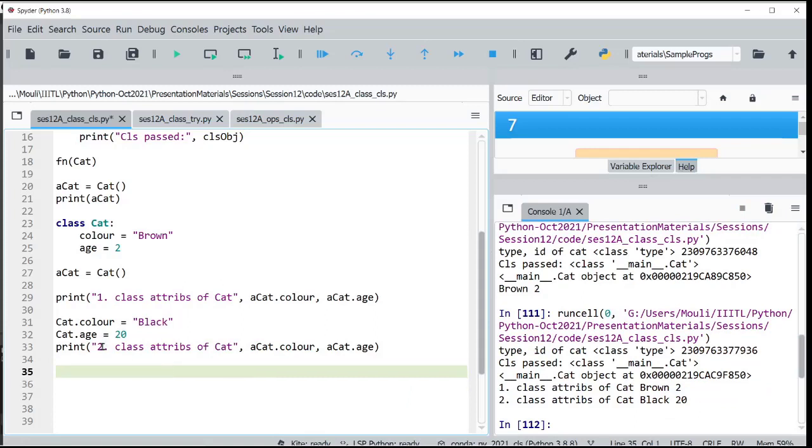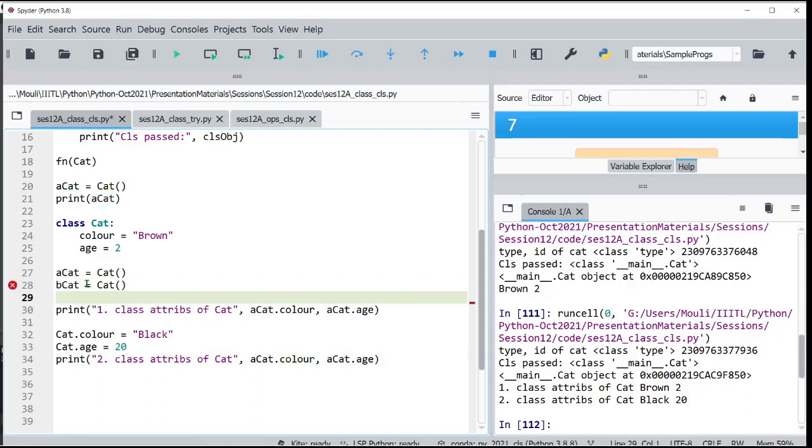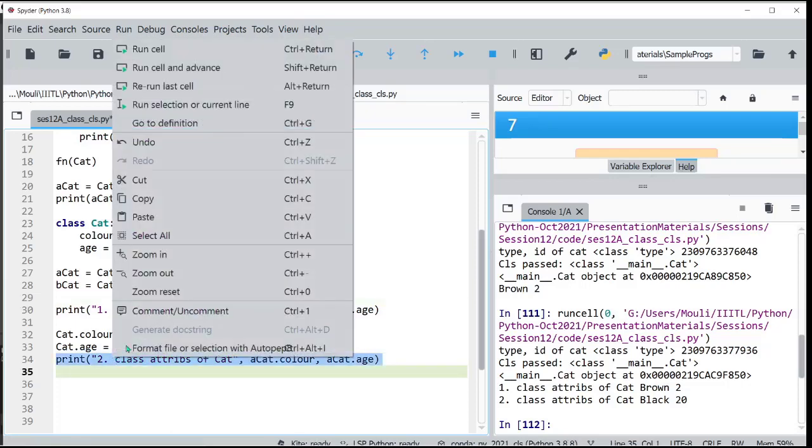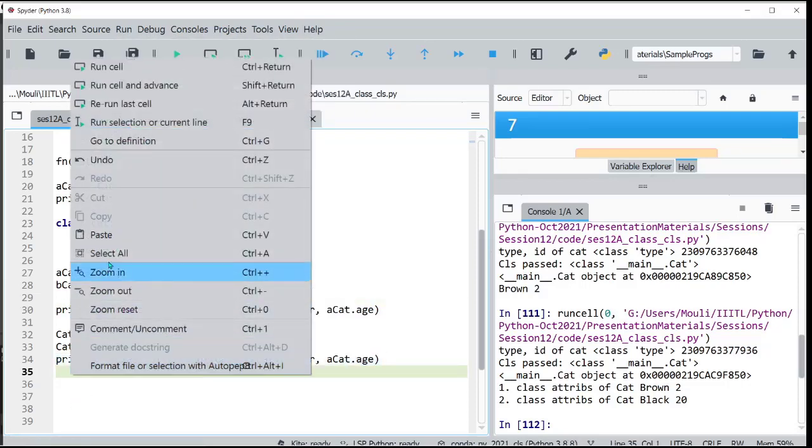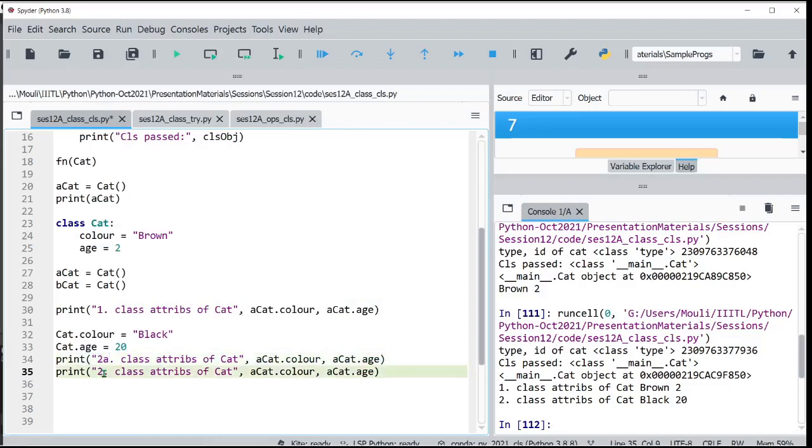Now why is it so? Because we have a label here at the object level. Maybe I can create a bcat also. Let me create a bcat, so that we will have both a cat and b cat.